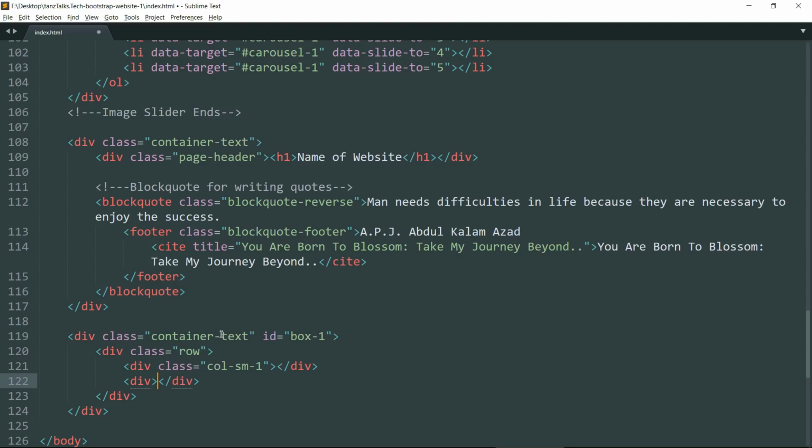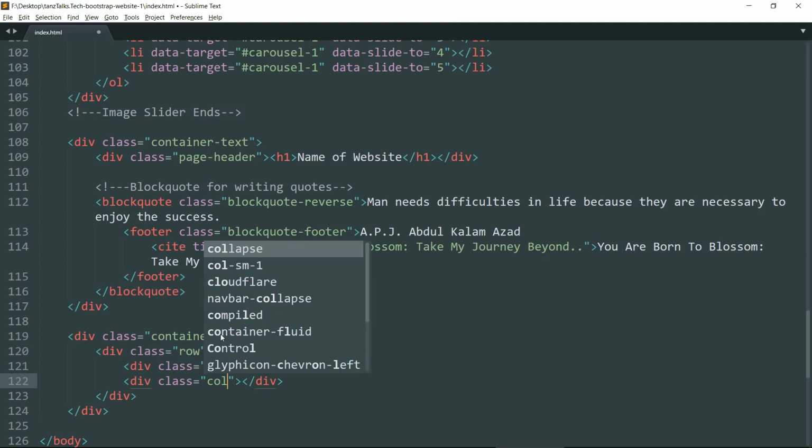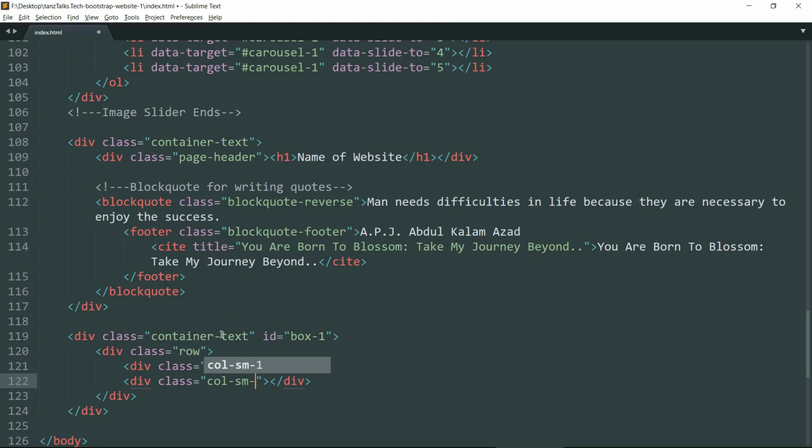Let's create another div with class col-sm-2. We want this one to have the width of 2 columns. Now drop down and create another div tag with class col-sm-2.